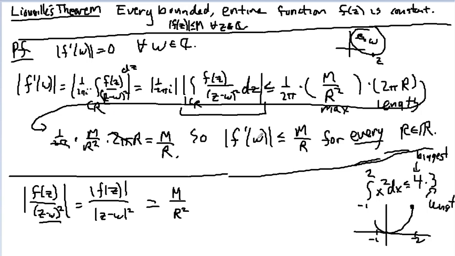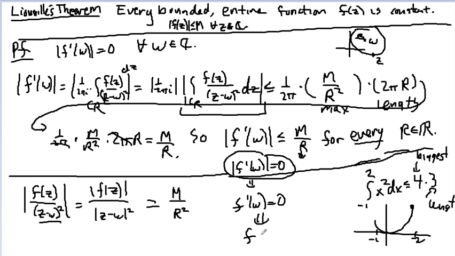So I have the modulus of f prime of w is less than or equal to M over R for every single R. Well, as R goes to infinity, I suppose one way of saying that is that if it's true for every single R, the only possibility is that it has to be equal to 0. If you say that's 0.1, I can pick R big enough so that this thing is less than or equal to 0.1, and I'll show you, no, it couldn't have been 0.1. If you think that this modulus is 0.000001, I'll just pick R big enough so that it's smaller than whatever number you just chose. So the only possible number is that it has to be 0, which implies that f prime of w has to equal 0, which implies f is constant